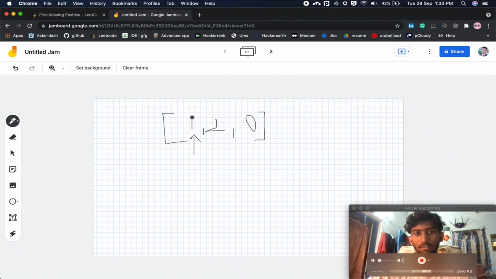If we have a 1, the right position is 1 only. If we have a 2 here, the right position is 2 only. But the 0 is not at the right index, so we have to return the index of that position, that is 3.